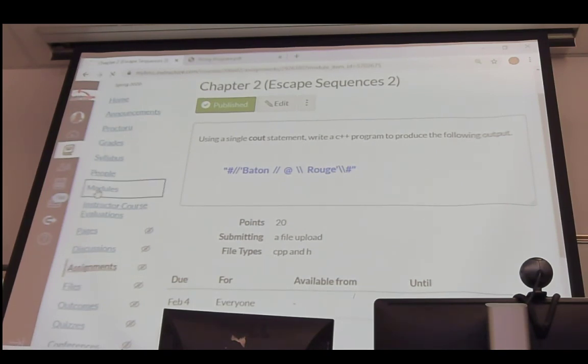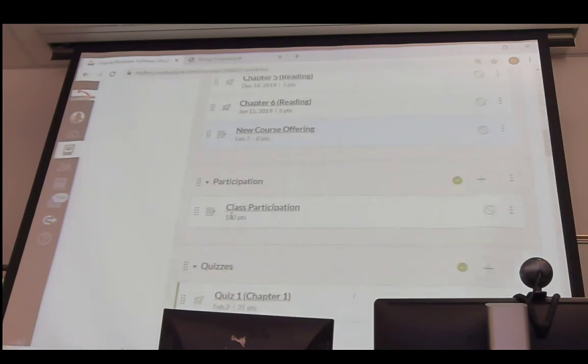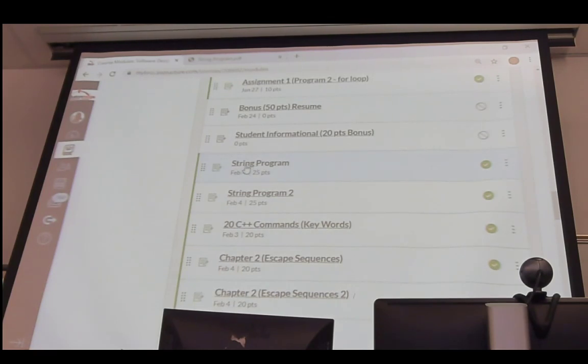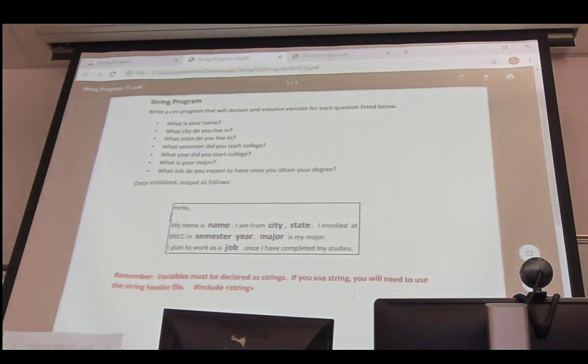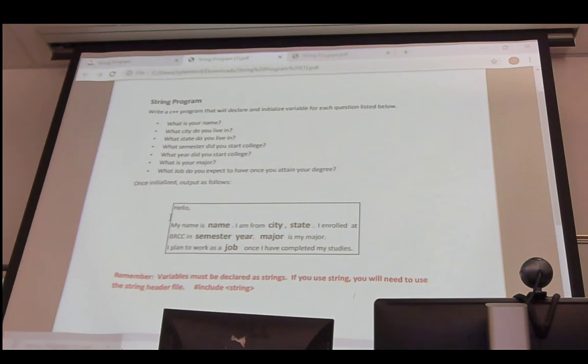All right, so now let's look at the string programs. I gave you two string programs. We talked about strings, and I'm going to pull this up. You have to follow the instructions, class. You might be able to write the program your own way and it works, but if you don't follow the instructions that I have, you're not getting the gist of the assignment. So this says write a C++ program that will declare an initialized variable, it should be variable, for each question